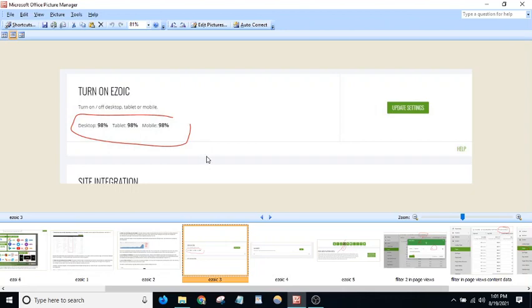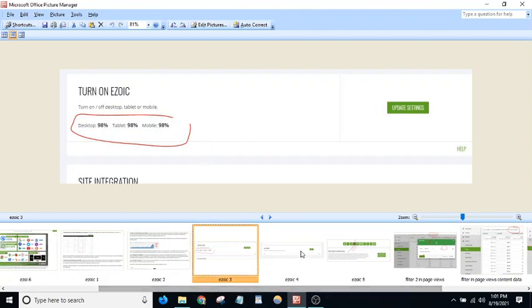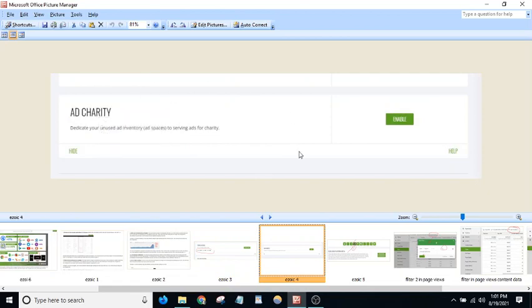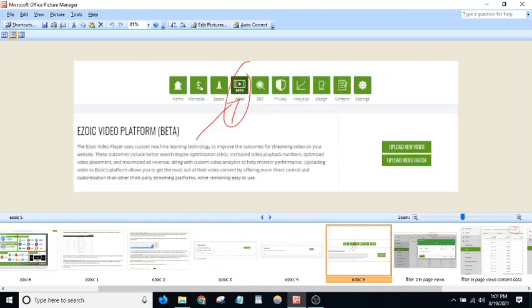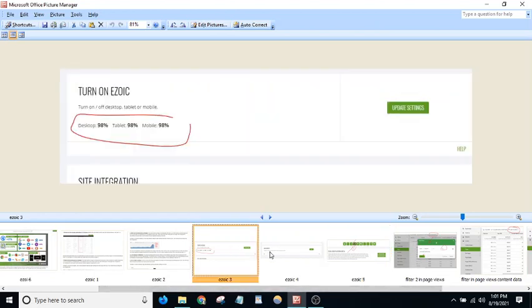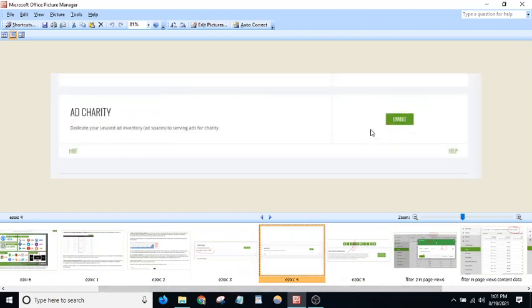And this is one more thing. You will find this in the monetization tab. At the very bottom, you will see a charity option, Add charity. Just disable this option. This option is causing speed issues. It will lower your website speed. I am very sure these ads will lower your website speed.